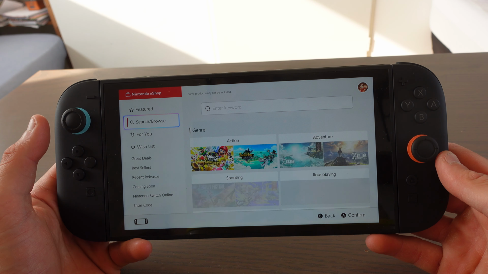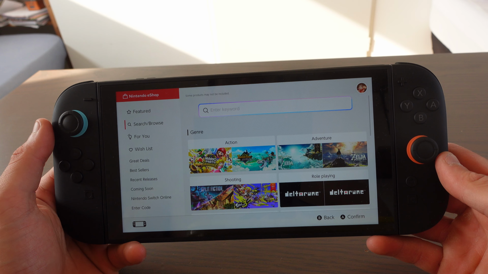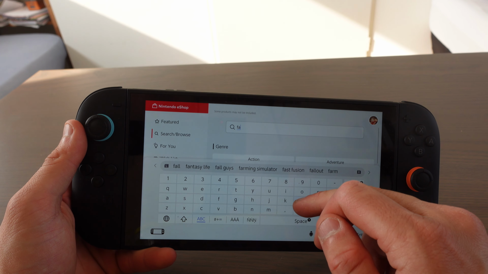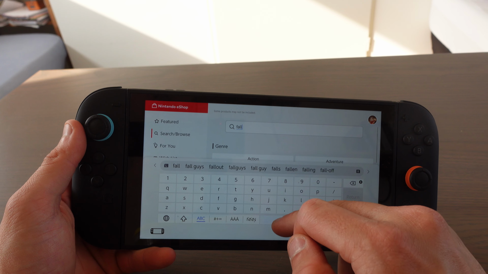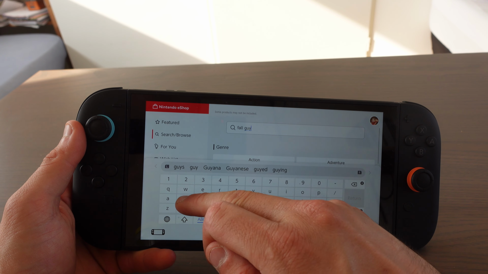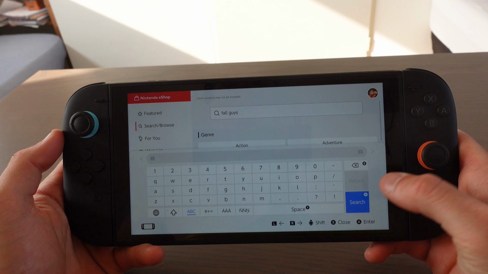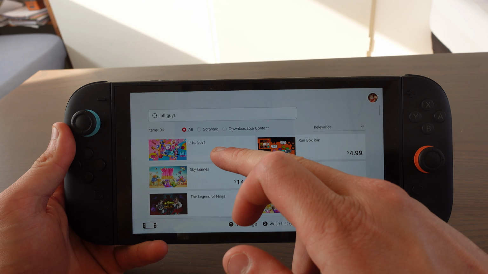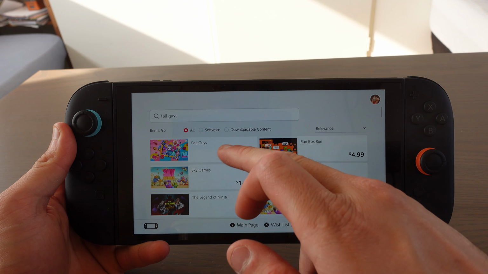Then scroll down to search and browse, go here to enter keyword, and here we need to type in Fall Guys. Select done, select search, and here we can see Fall Guys. So if we click on it,